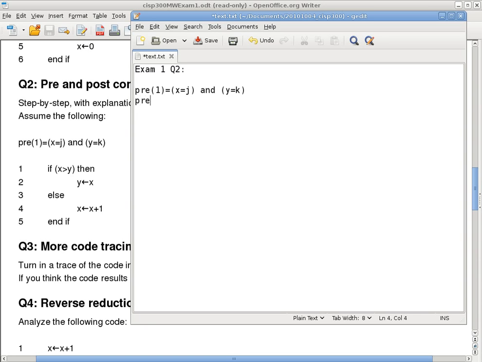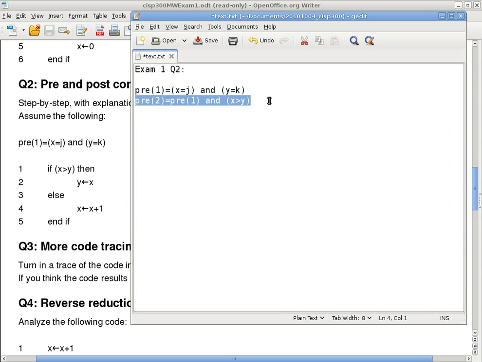So the next thing we want to do is to figure out what is pre-2 and what is pre-4. Pre-2 is the condition in the then branch right before we execute the statements inside the branch. So with pre-2, we have to state it is pre-1 because we have not yet had a chance to change anything. So it still has pre-1 as one of its components. At the same time, because I am in the then branch, I also have to say that x is greater than y, or the condition of the conditional statement has to be true. Partial credit will be given even if someone just writes this much,